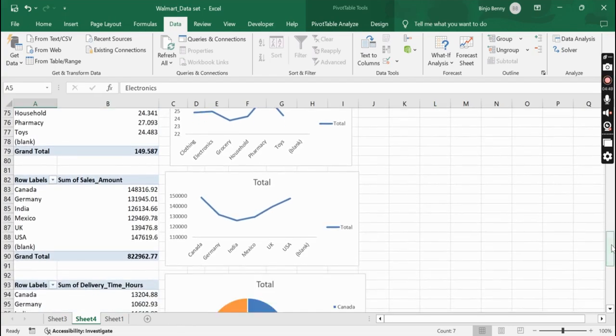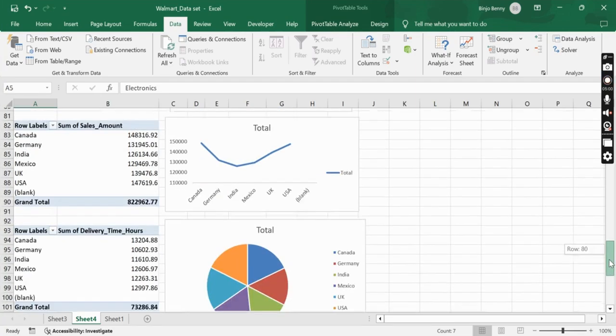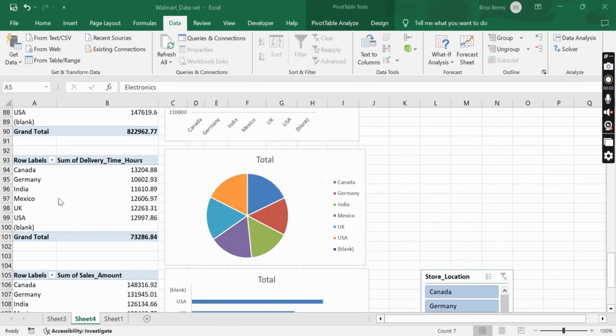Next is the customers' buying patterns. Basically, we try to find out which product is sold in which different locations, as given here. We'll continue by seeing how we can find the delivery time performance, taking the location. We take all the countries and the sum of the delivery time taken in a particular country, and this is the total given. In this chart we get to know how much time each country has taken to produce the various